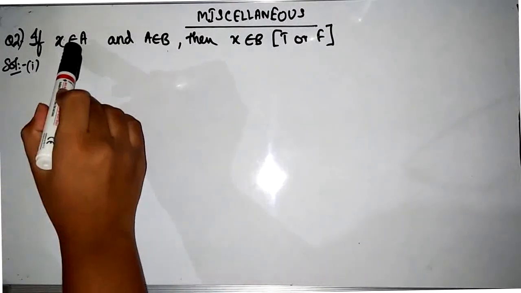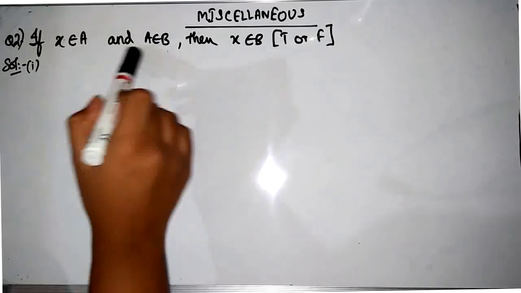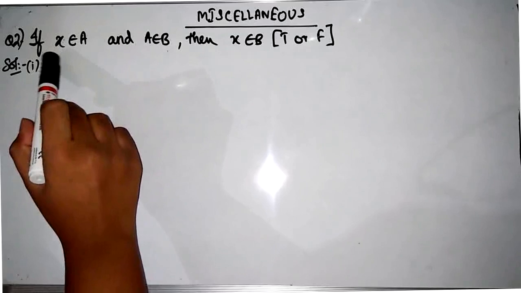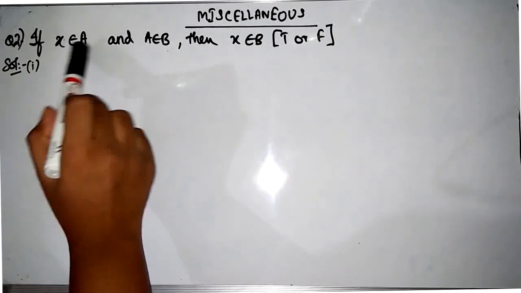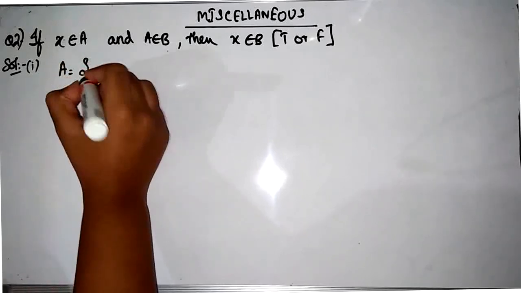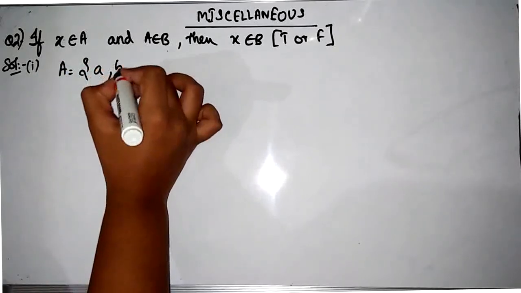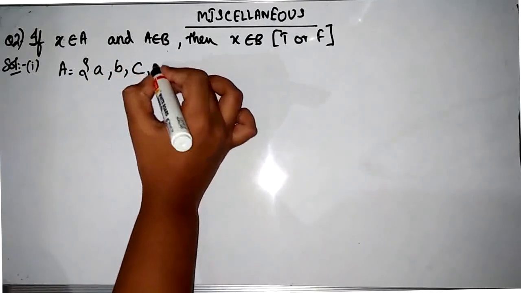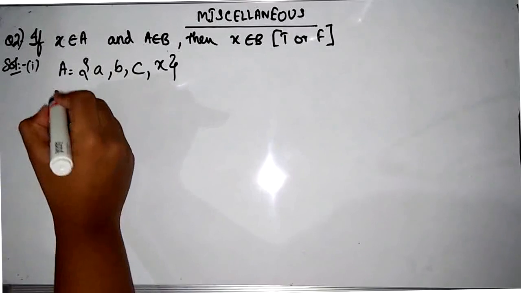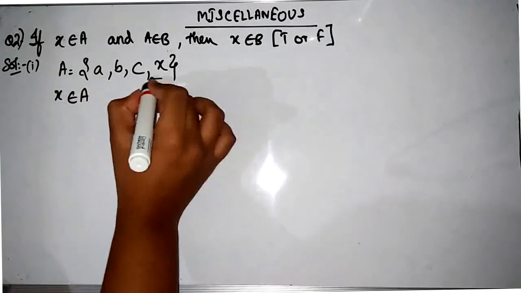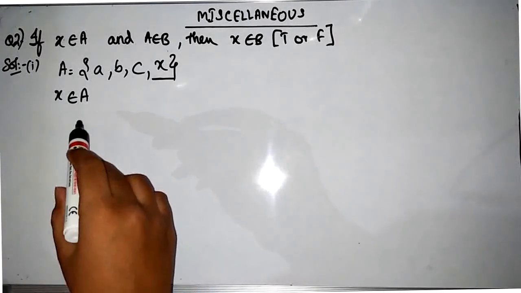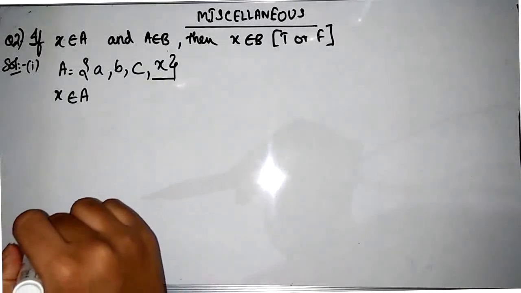Now first we will fill the left hand side condition. Okay, this condition. Now x belongs to A means what? X will be an element in the set A, only then will it belong to set A. So let us take set A to consist of A, B, C and X. Now from this we can say that x belongs to A, because you can see the element x is present there, right? So with this we can say that x which is there, it belongs to A. Fine.